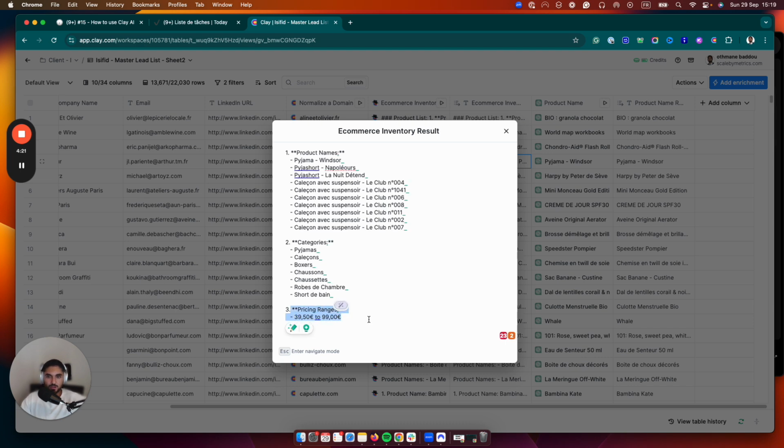And this price range can be personalization, or it can even be used as a segmentation. Let's say you ask Claygent to give you the price ranges of the products on this very particular website. Then you can maybe filter on a column of prices and filter for businesses that have a minimum price of $200 and more, and another one filtering businesses with products of maximum price lower than $50,